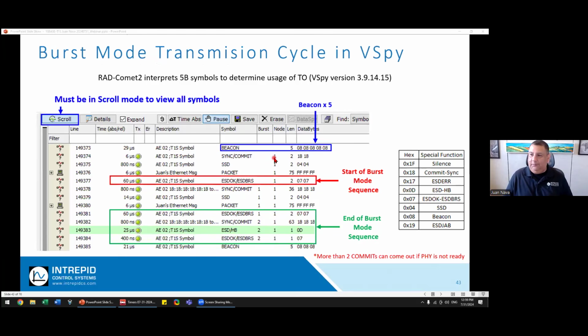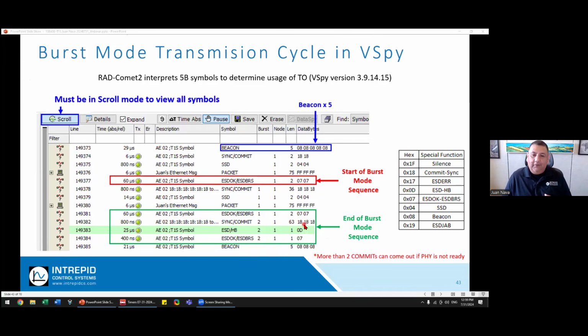One thing I also forgot to mention, because the system is deterministic, meaning we know the TOs, right? We know the beacon when it goes out. Vehicle Spy will also tell you the node ID, who's transmitting. But it also tells you the burst mode. So here I can clearly see that, at least in this example I came up with, it sends out 2 messages back to back. If I use 255 messages, it'll tell me it sent out 255, but we should also see all these